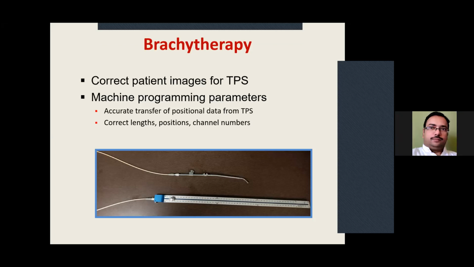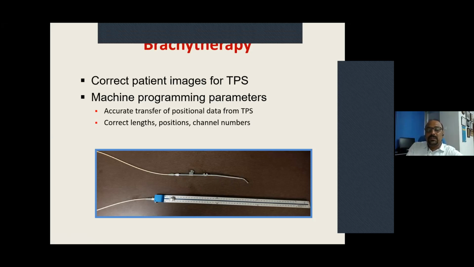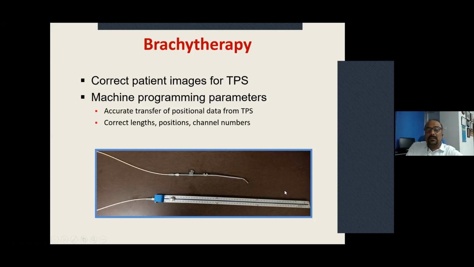And then some of the parameters like indexer length. In our department we have HDR from Elekta Nucletron, and the indexer length is 1500 millimeter. But if you are using an implant, the tube length will be different, the catheter's length will be different. So for the individual, we have to measure what the indexer length is, and we have to number them properly. Then this is the source simulator tool with the help of which you can measure the indexer length.